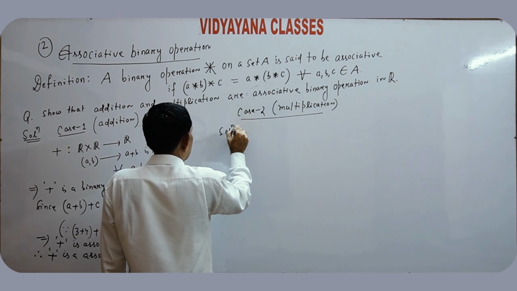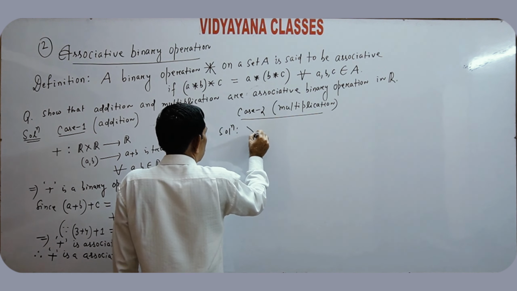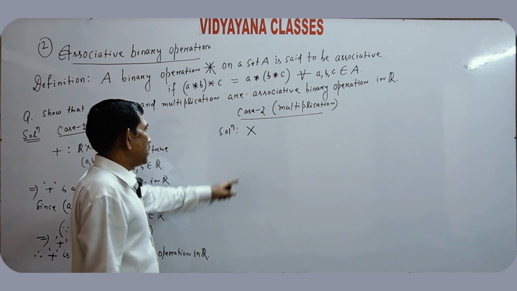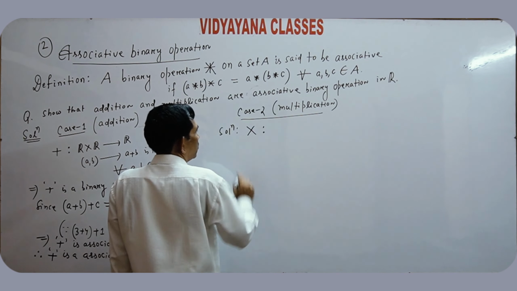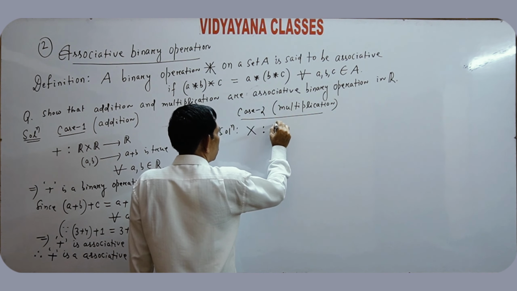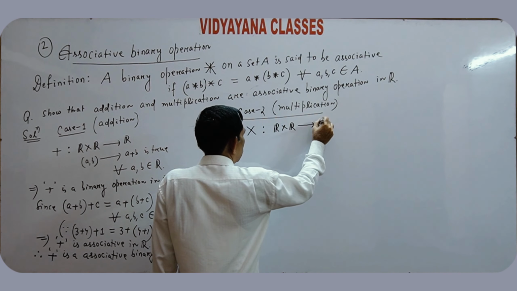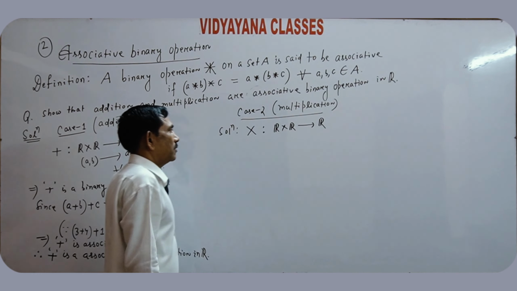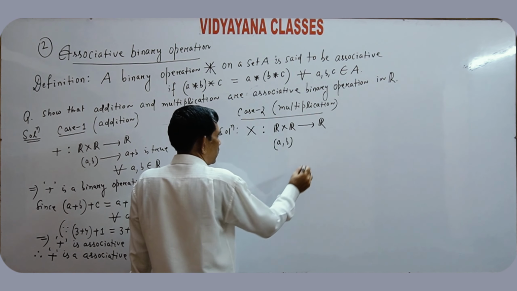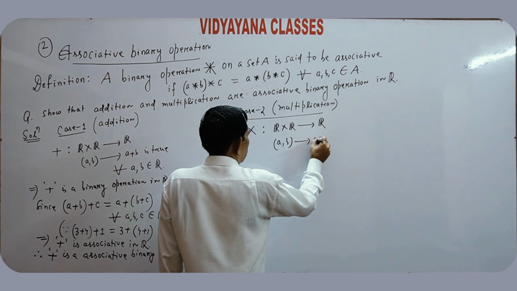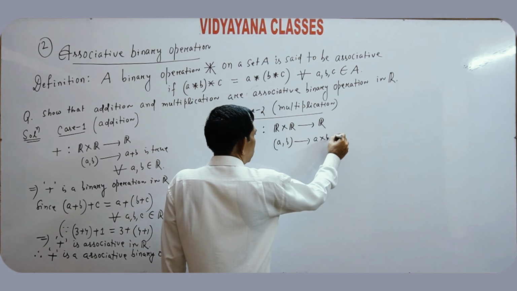Solution. The multiplication sign represents a function from R cross R to R. The ordered pair (a, b) belongs to R cross R, and a into b belongs to R is true